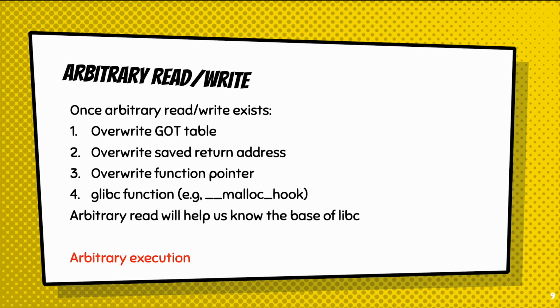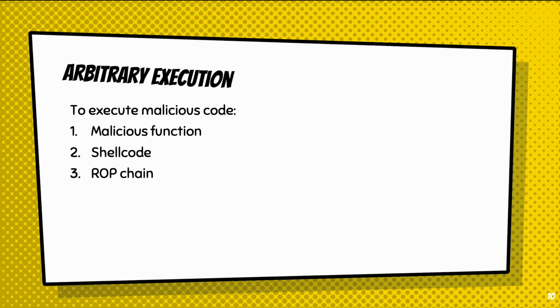Arbitrary read will help us know the base of the libc so that we can arbitrarily write the location with the right value correctly. And finally, from arbitrary execution, we can execute malicious code, such as a winning function, shellcode,